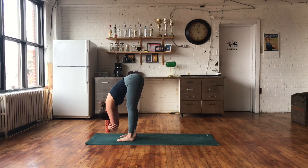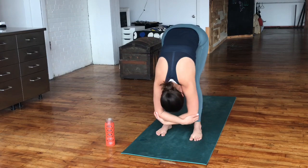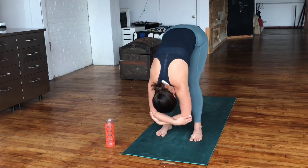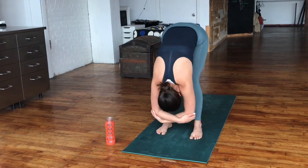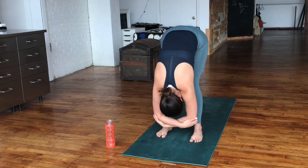Let's grab onto opposite elbows, coming into ragdoll. Keeping the feet hip distance apart, allowing the head to fall down between the upper arms. You can gently sway from side to side here, stretching the lower back. And slowly come all the way up, vertebrae by vertebrae, into an upright position, making the head the last to